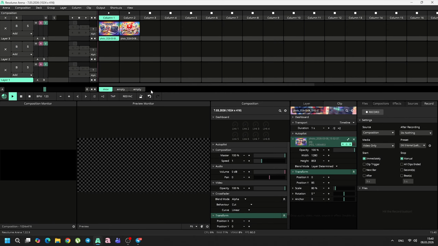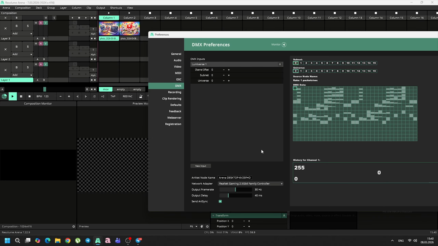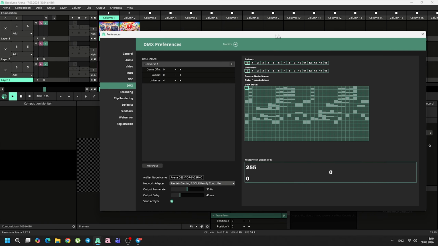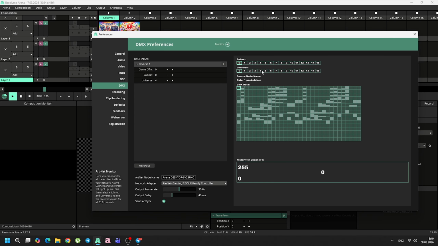and now we must connect it. Preferences, new input in here, and we must choose universe. It will be 5 because 0 is 1 and goes on, 4 is 5, and channel 1, universe 5. Choose our network card, goes here. Okay,